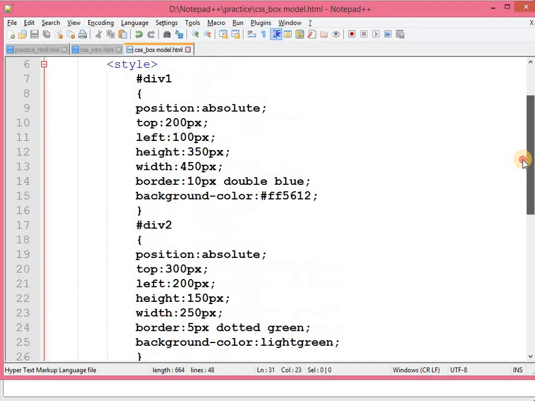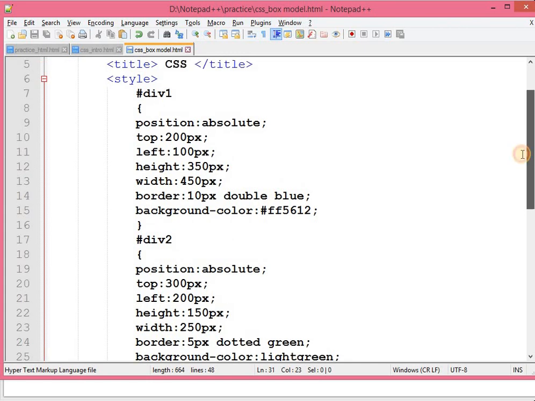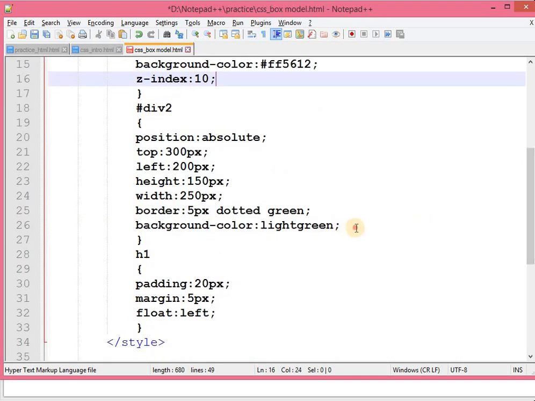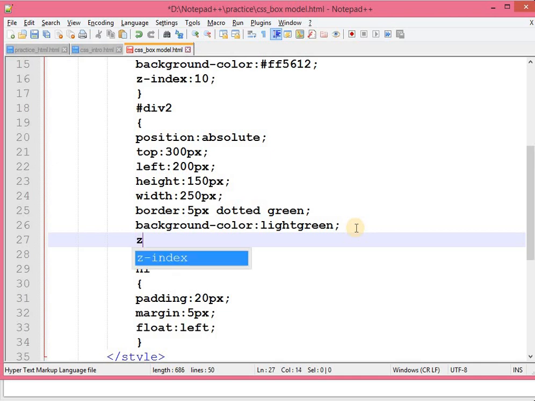So let's say this is your div1 and div2. Now I am applying Z index value. So this has 10 and this has Z index, let's say 5. Now how does Z index work? Whatever element has the maximum value, it will get priority.